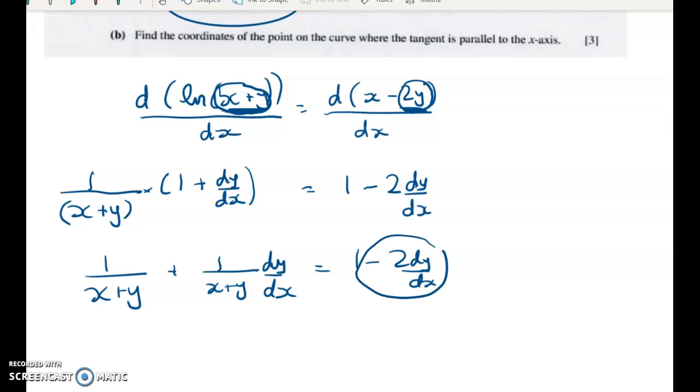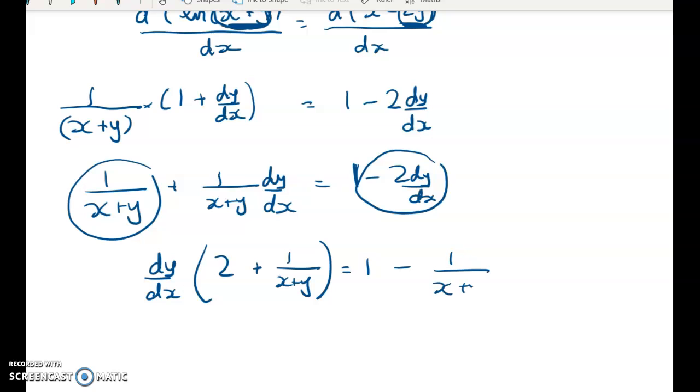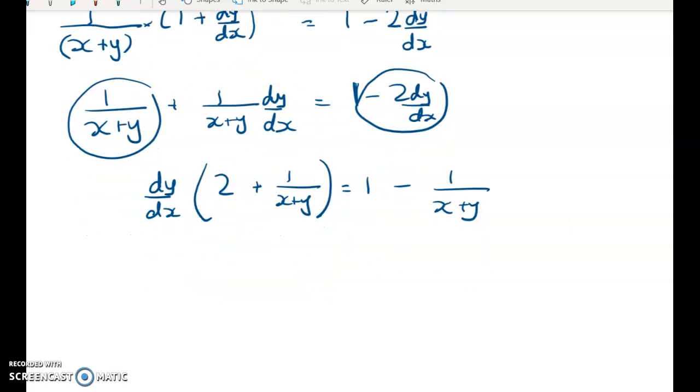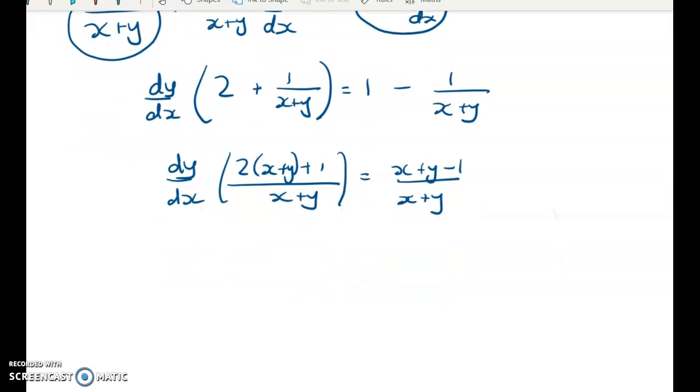So I'm going to bring this over, add this to both sides, and subtract this from both sides. That will give me dy by dx into 2 plus 1 over x plus y is equal to 1 minus 1 over x plus y. Let's get a common denominator. You can see, hopefully, that we're just about there on what looked like a really difficult question, but actually is not too bad. Okay, and now we can